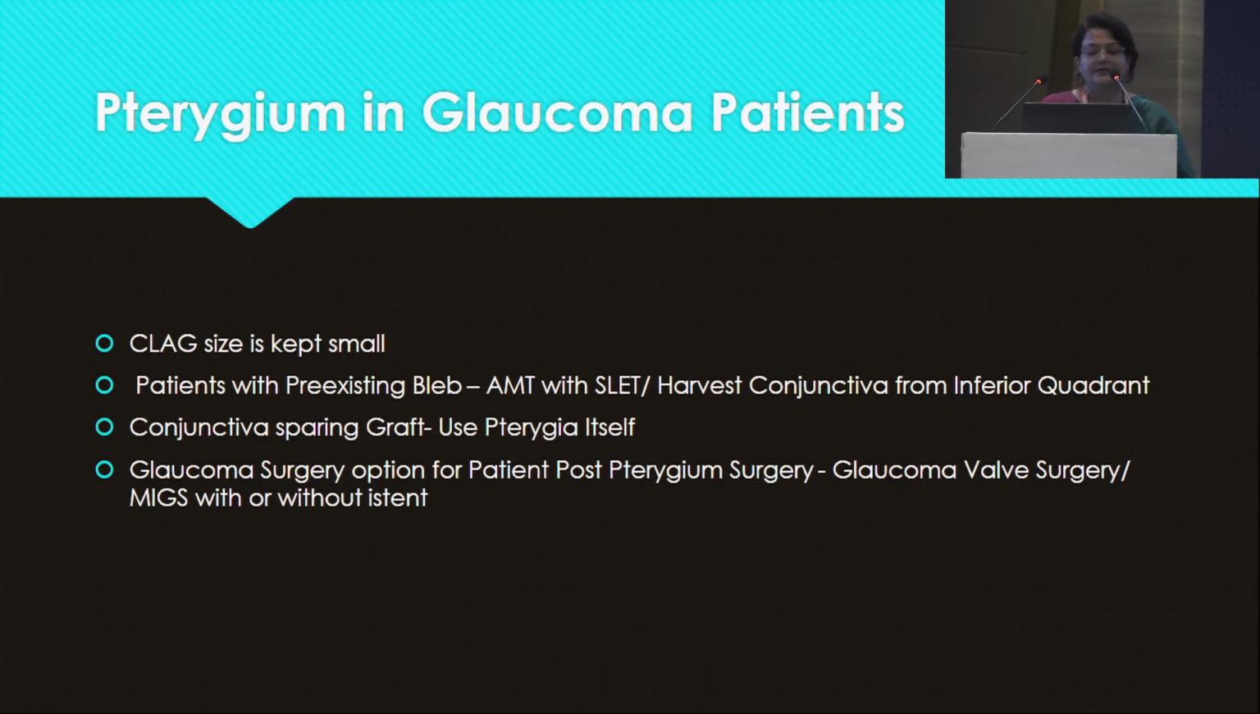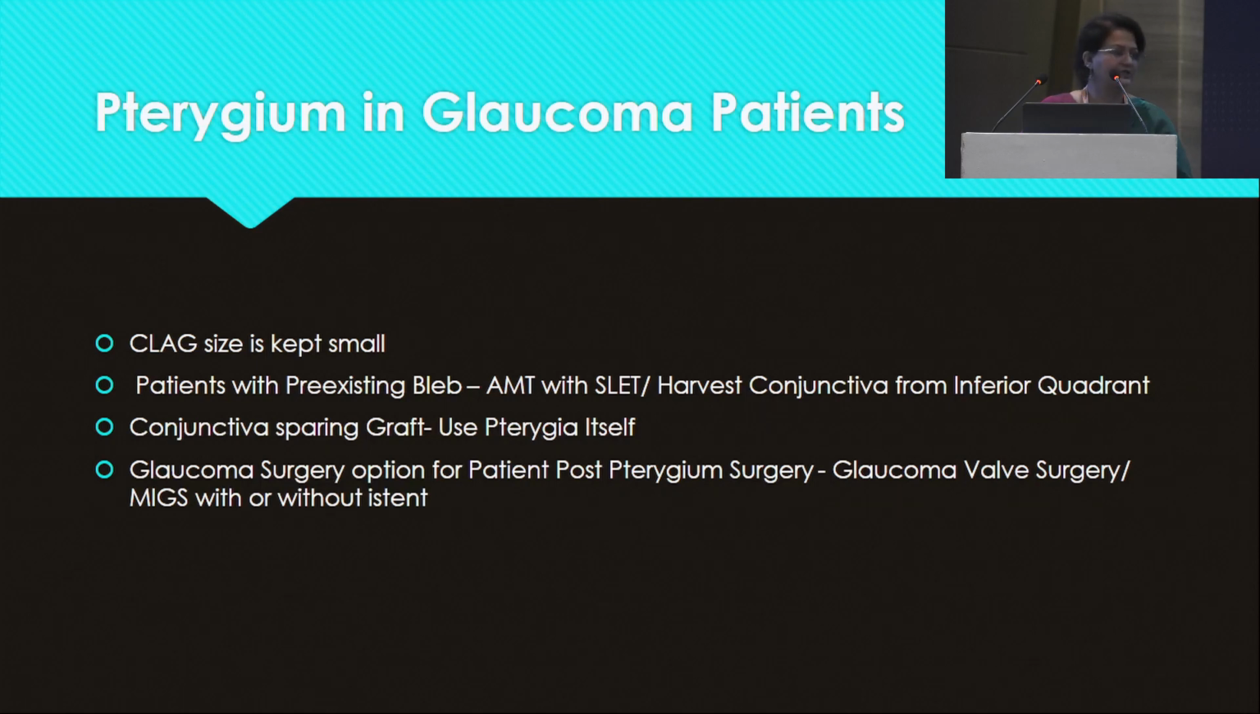Or there is a patient who is post-pterygium surgery who has had a graft taken from the superior part and needs to undergo glaucoma surgery. So 3 situations are there. So the first thing is graft size has to be kept smaller. Now, if the patient has a pre-existing bleb, superior part of the bulbar conjunctiva is not available for us for harvesting a graft. So such patients, you have to look at the